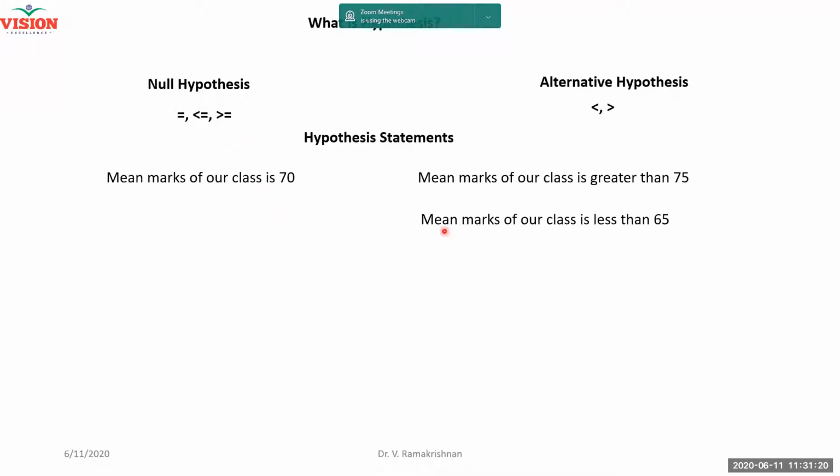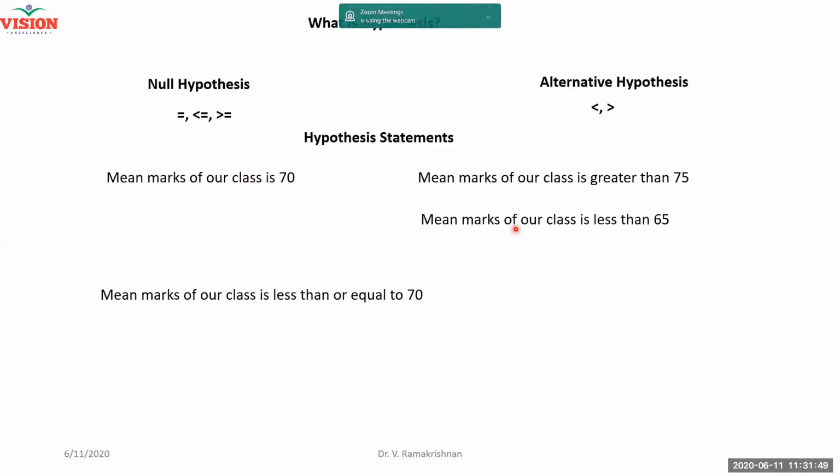And then parents may say, what teaching are you doing? My students have got very low marks. The average mark of your class is only 65 or less than that. You are claiming 70, but the average marks scored by the students is only 65. I'm proving it. I got 3 students' marks and averaged them. The 3 students have got only 65, 70, and 55. Average is only 65. This is an alternative hypothesis statement. Now, somebody has to make a decision which is correct.